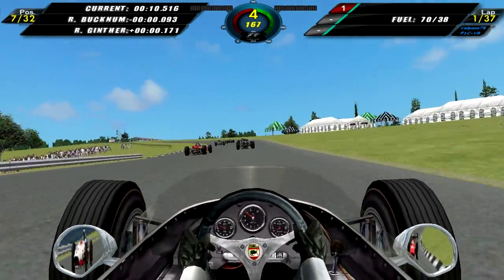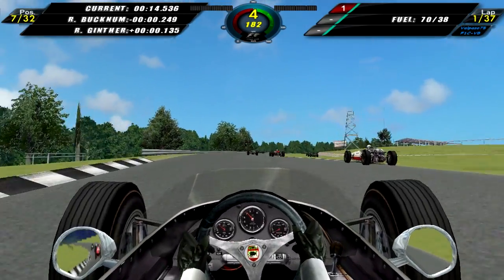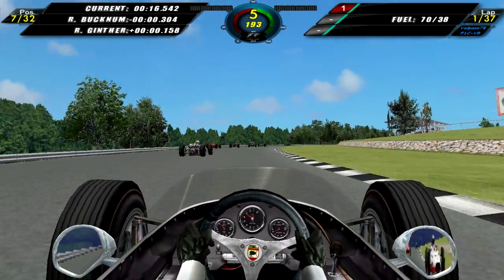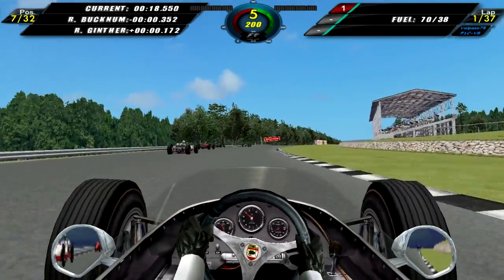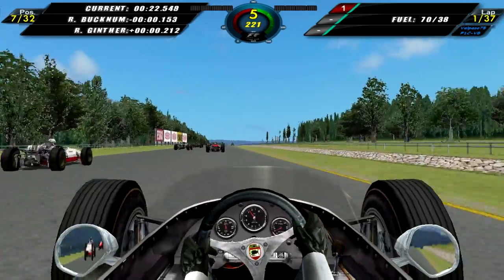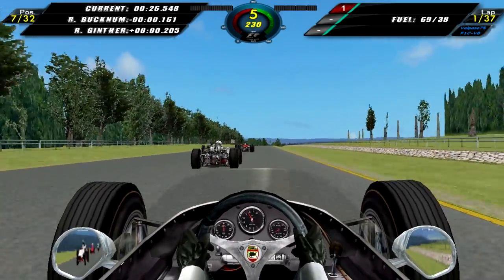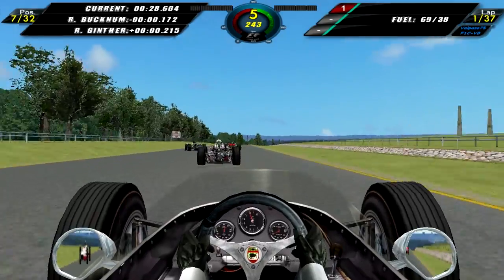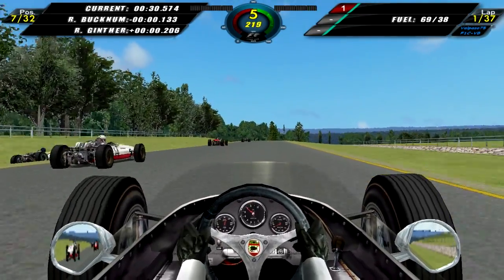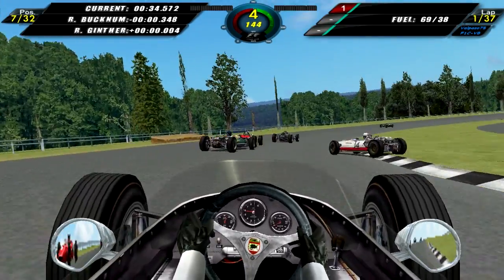I managed to only lose a couple of positions as we go through turn 2 and turn 3 here, but obviously the Hondas are slightly faster than my little McLaren here, so that's kind of par for the course, I guess, as we now race towards turn 4. Hopefully we can regain a couple of positions as we come into turn 4, but someone went off the track